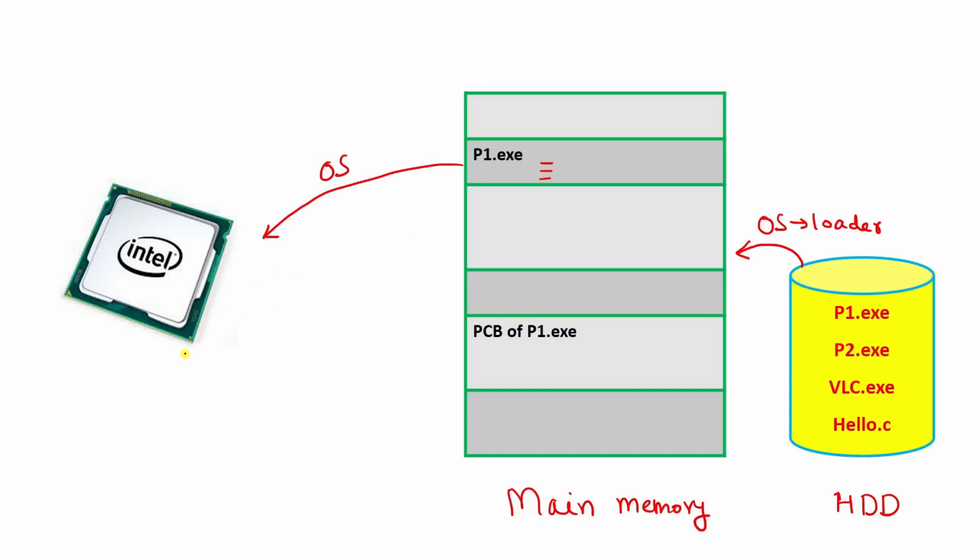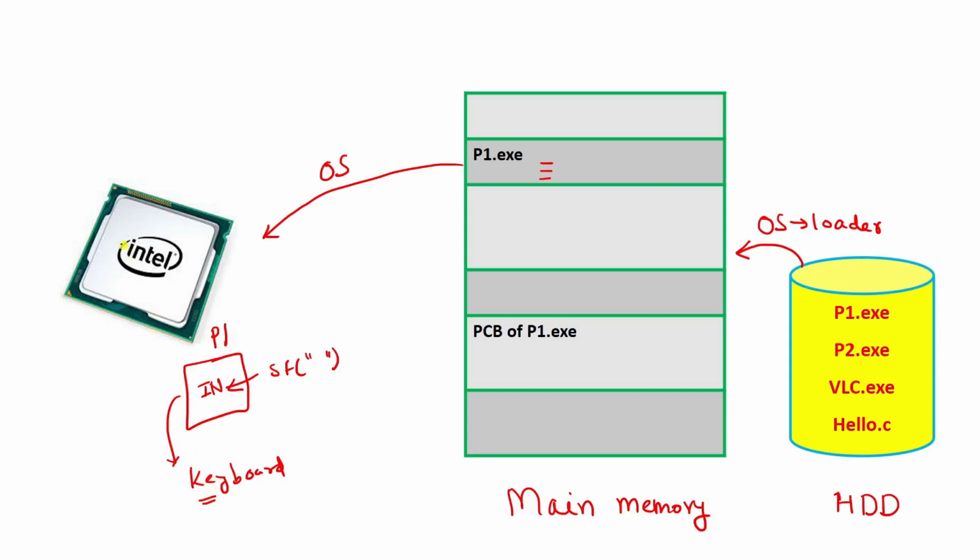Now after some time, let's say this process P1 was executing on the CPU, it wants some input output device. Let's say inside this P1 process there is some in instruction, like in assembly this in means something like scanf, as we are having inside our C language. So scanf asks for the input data from the keyboard, okay? So now this process wants the IO device, that is keyboard, right? Now it will wait so that keyboard can give the data to that process.